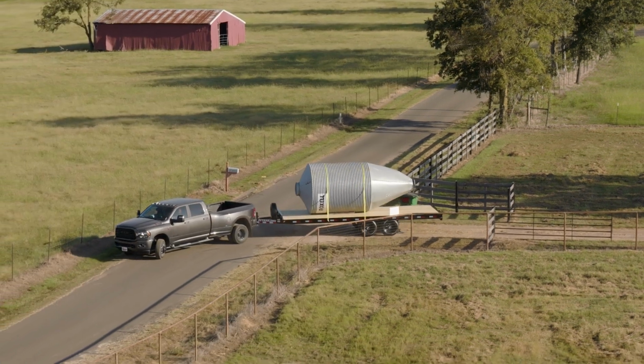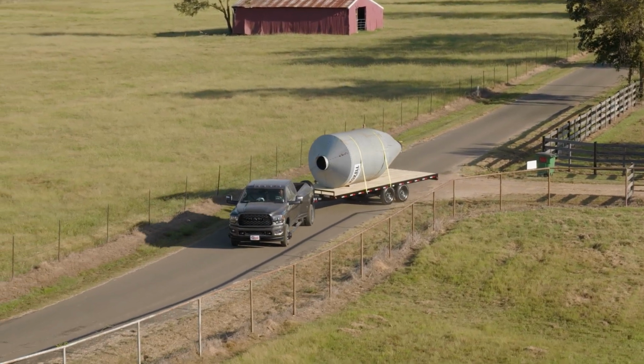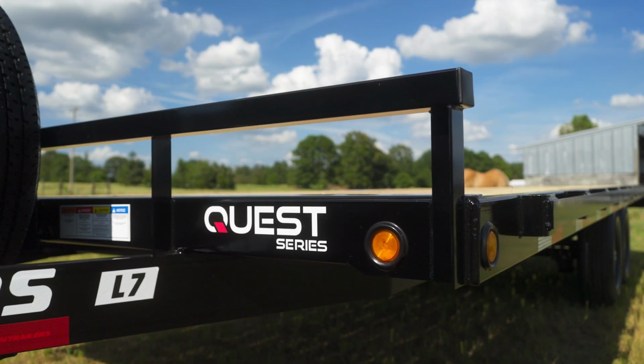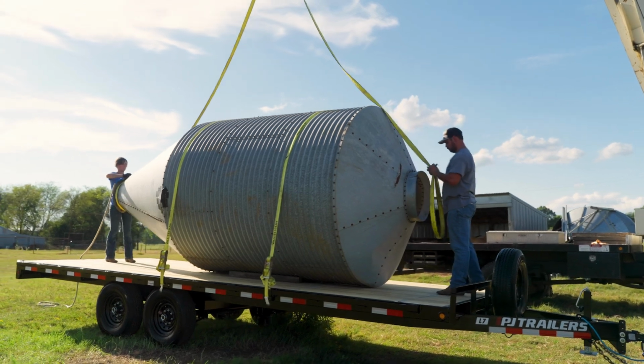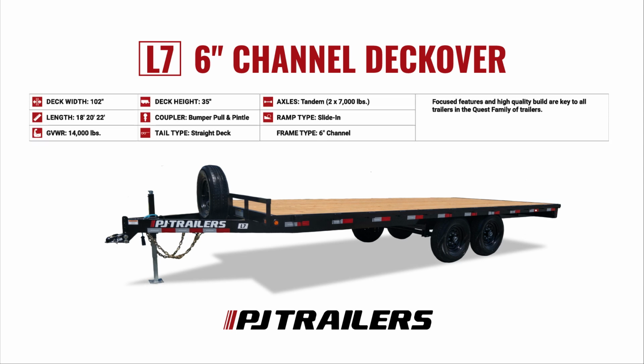Looking for a reliable and versatile Deckover trailer to transport large materials and supplies to the job site? Meet the L7, part of our Quest series from PJ Trailers, designed for professionals who demand strong performance and enduring quality. Let's quickly explore the standout features that make the L7 a smart choice for those who require both quality